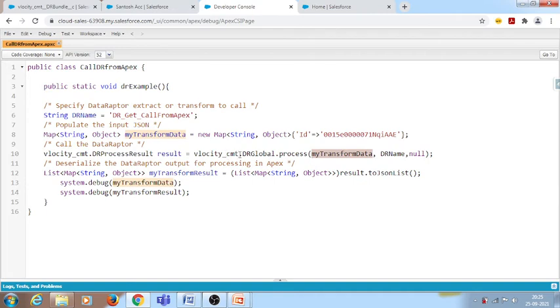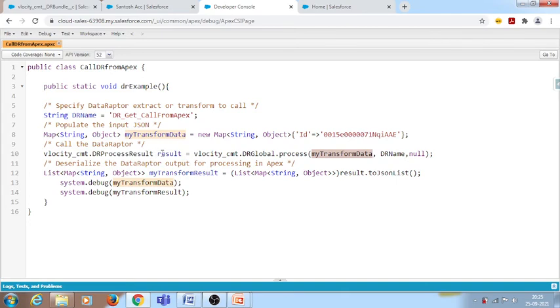Whatever this process method executes, it will return something to the result variable. The result variable is a reference for DR process result. DR process result is the return type for this process method. If you observe in my PPT, I explained that the process method will return the DR process result type.